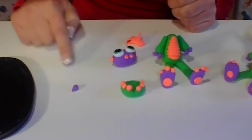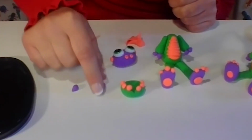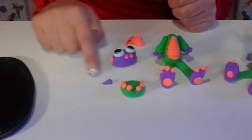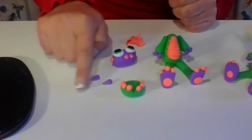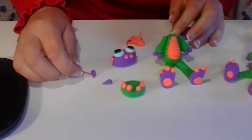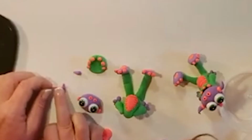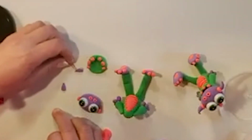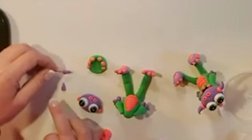And the horns are basically a sharpened droplet. So there's a little sharpened droplet like that. You want a little point, don't you? That and that. Okay. Now we're going to use our skewer again, and we're just going to make a few little slices on it if you can. If you don't want to, you don't have to, but I just want to show you the detail you can get with clay. So into it, slicing,